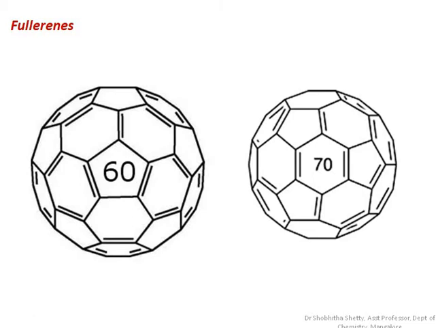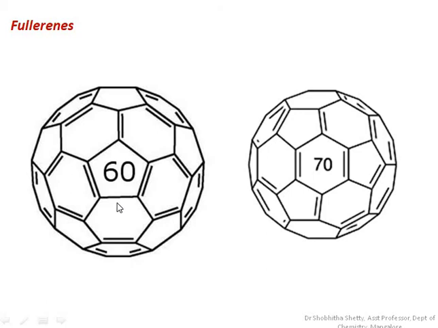So they have a cage like structure. You can see the structure which resembles a soccer ball. This is also called the C60 fullerene form, also called Buckminster fullerene, which we are all familiar with. So you can see the structure resembles a soccer ball here, and mainly it contains 6-membered rings as well as 5-membered rings, and you can see no 5-membered rings are continuously linked here. No 5-membered rings are continuously linked.